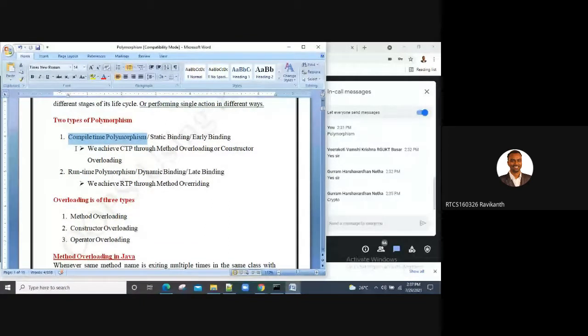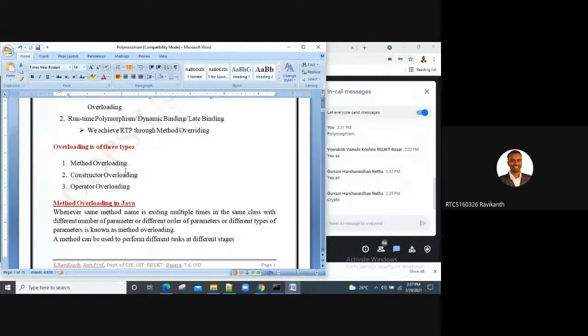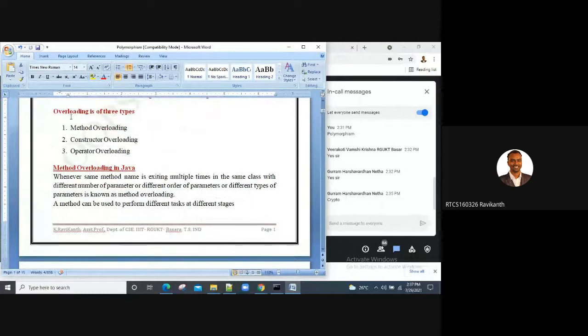So we'll see first compile time polymorphism in the form of method overloading, constructor overloading, and then operator overloading, right? Now the question comes, what is method overloading in Java? When the same method name exists multiple times within the same class, but with a different number of parameters, or a different order of parameters, or different types of parameters, then it is known as method overloading.